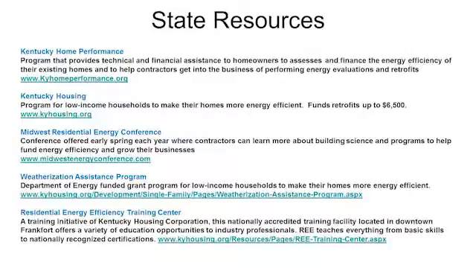Weatherization Assistance Program, which is located at www.kyhousing.org/development/single-family/pages/weatherization-assistance-program.aspx. And finally, the Residential Efficiency Training Center, located at